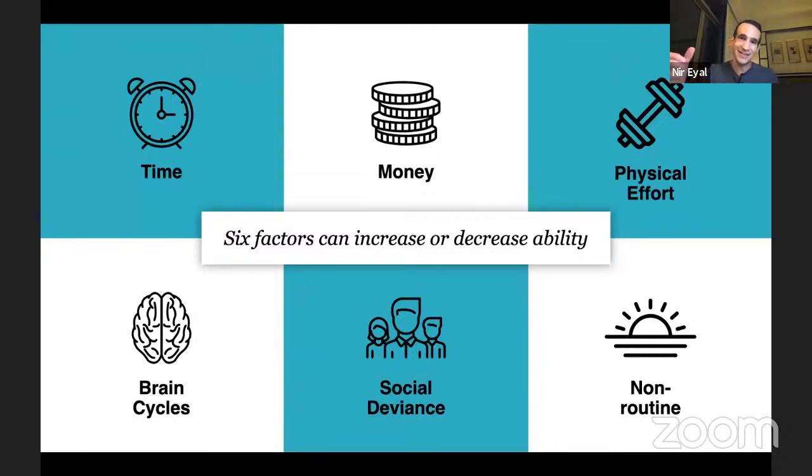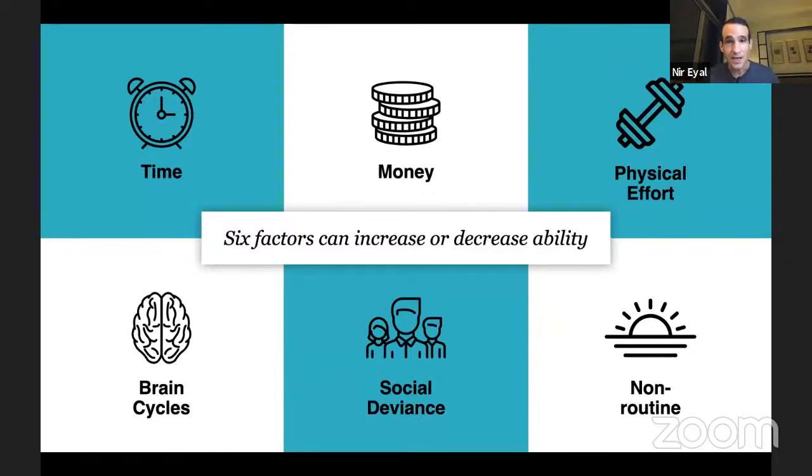Well, here again, we have these 6 levers of motivation, these 6 things that we can pull on to make a user more likely to take a particular action by increasing their ability. These factors of ability are time, how long something takes, how much money something costs, how much physical effort is required to do a particular behavior. Brain cycles. This is a big one, particularly when it comes to the product design community, because the harder something is to understand, this is called cognitive load. The more cognitive load, the more brain cycles, the more the customer has to think about what you're trying to get them to do,